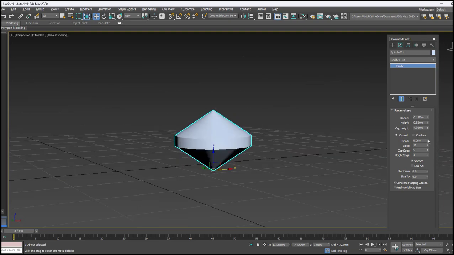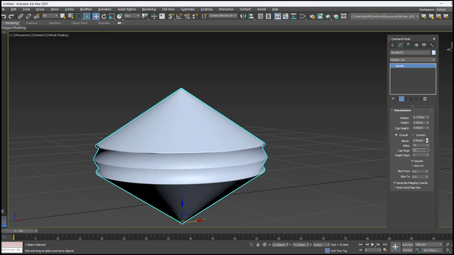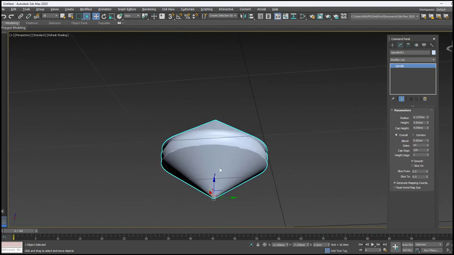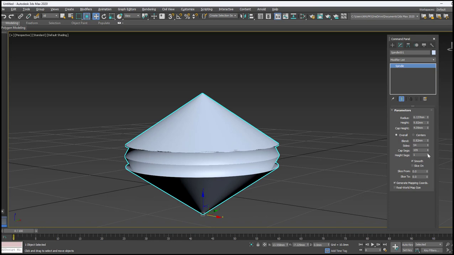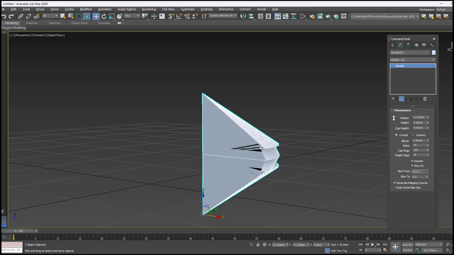Same thing, bend how much bend you want, sides to increase the smoothness, cap segment like this. Even you get other shapes like this by operating with the cap segment. Height segment. To get the segments, press F4, slice on like this and delete.